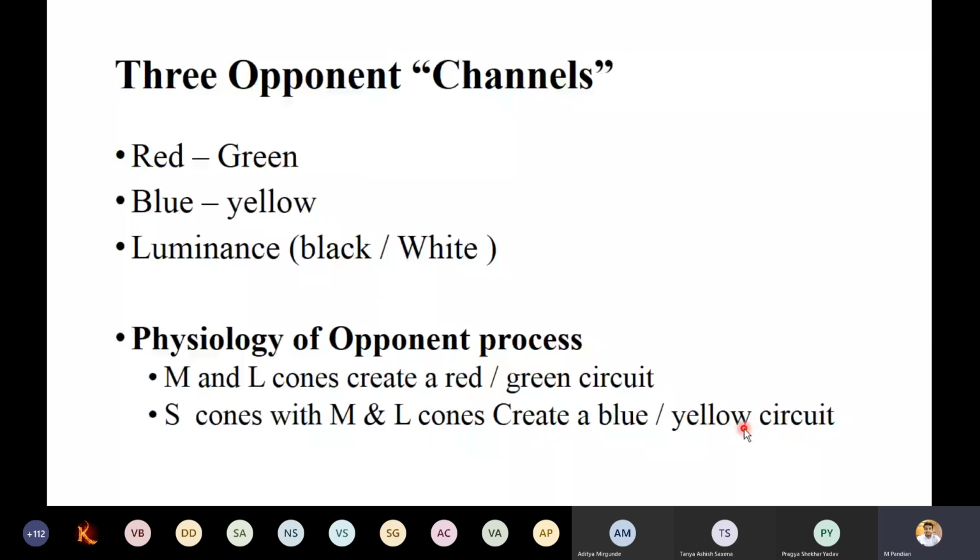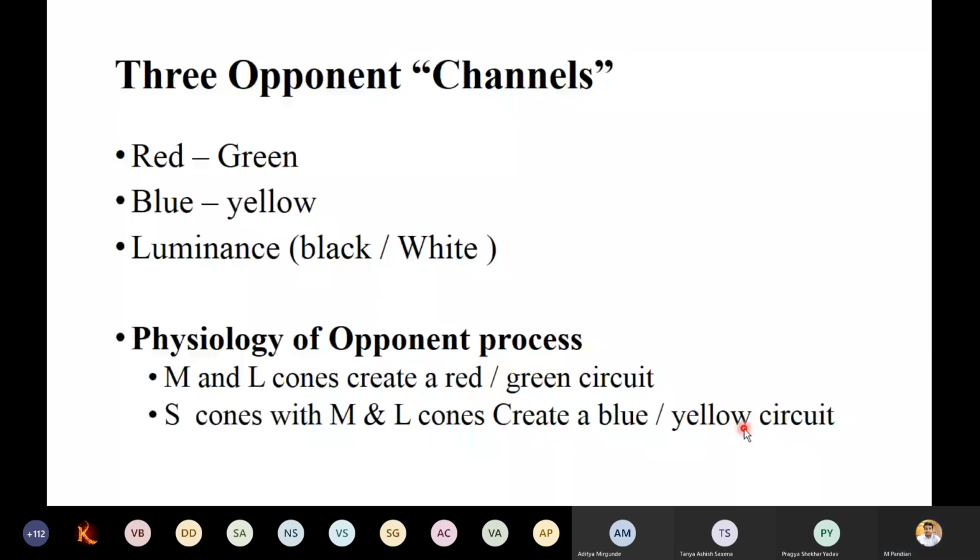If you perceive blue color for more than 30 seconds and then stare at a white background, it appears yellow. Black and white, you never get any changes. If you stare at a white color and then move your eyeball somewhere else, it becomes black.